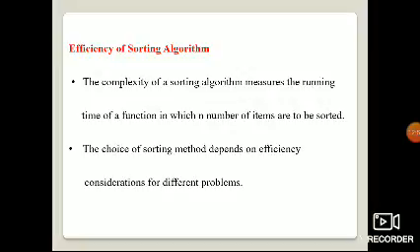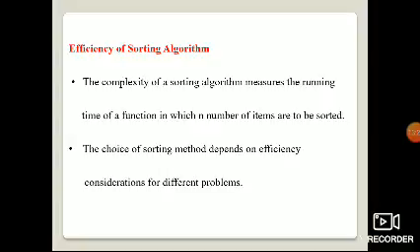What is the efficiency of a sorting algorithm? An algorithm is a step-by-step procedure to solve a particular problem. The complexity of the sorting algorithm measures the running time.